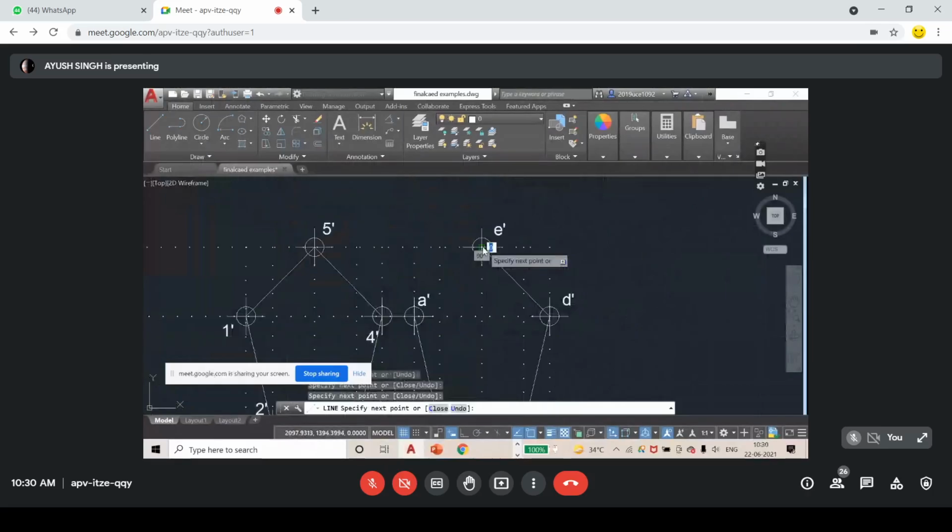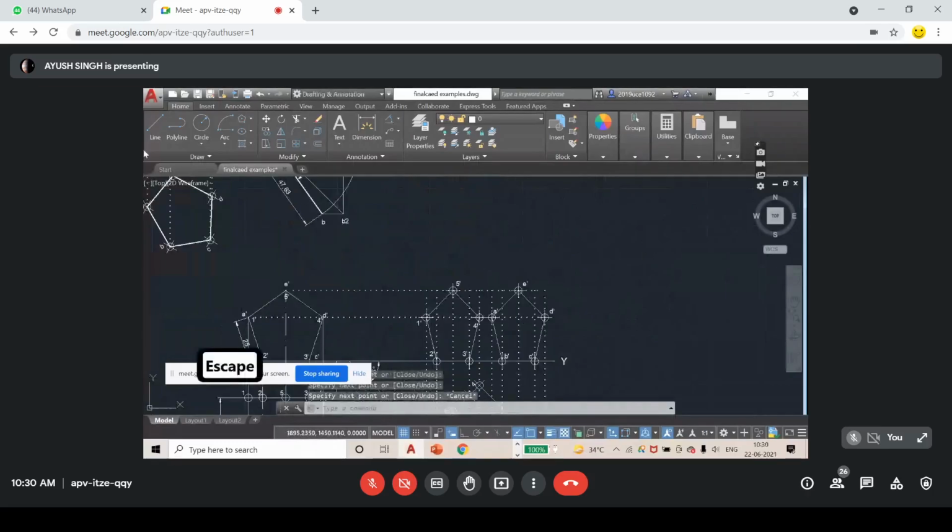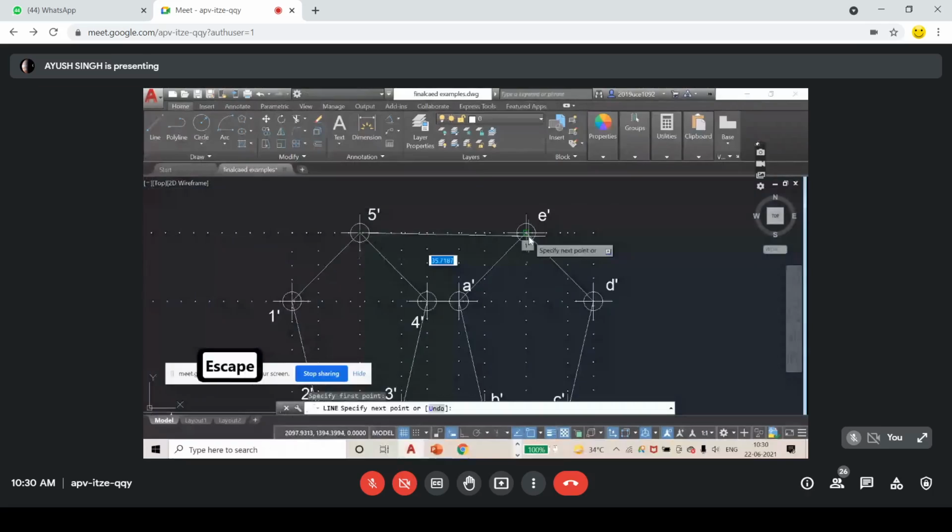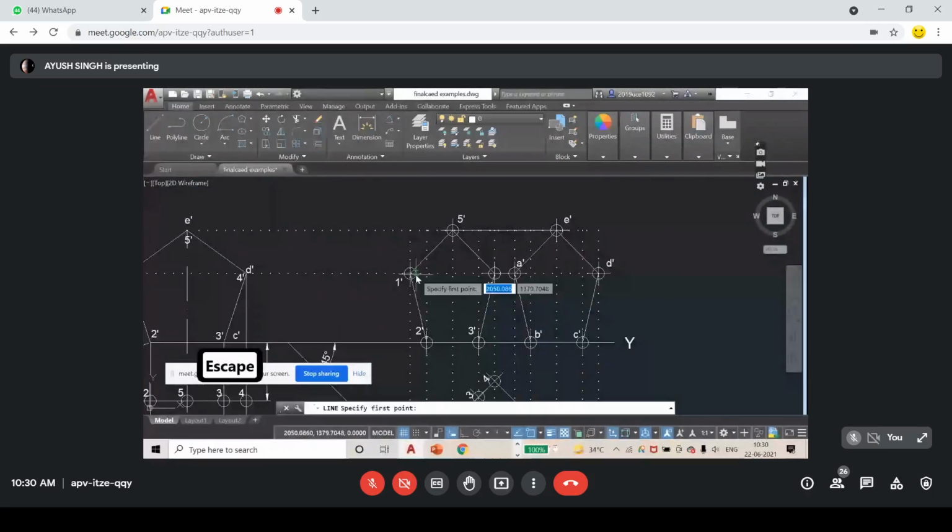Okay. Now what you need to do, you have to join these to make the complete prism. This is not okay yet, but you can start to imagine what it actually is. Okay. I'm just joining 2 with B and 3 with C or C with 3, D dash with 4, 4 dash, 4, 4 dash. Okay, so this is done.